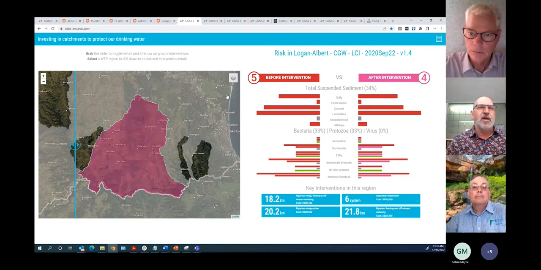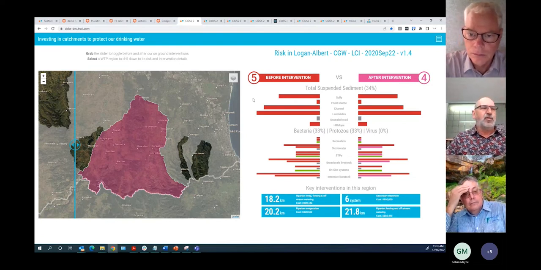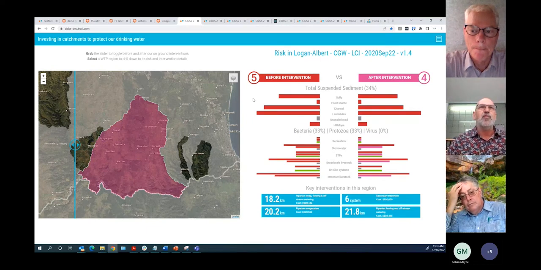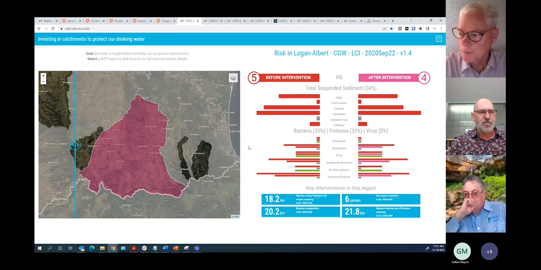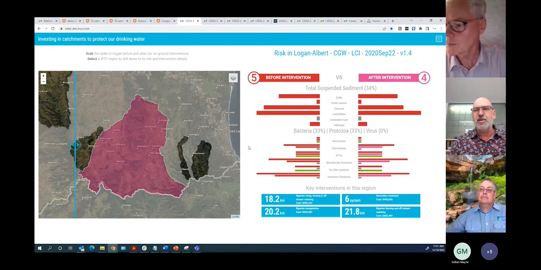In Southeast Queensland, in the water supply world, they talk about things in terms of risk and use that kind of risk framework. So it's about presenting an investment prioritisation approach that works in that risk world. In this case, we've gone from a level 5 risk for this catchment to a level 4 risk afterwards. Those risks are all specific to each catchment. There's a risk profile for every water treatment plant. Some of them have a greater capacity for dealing with